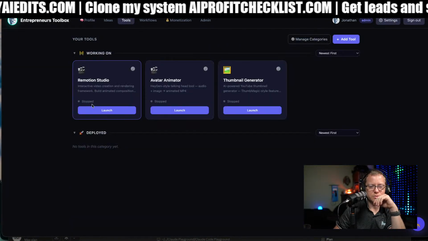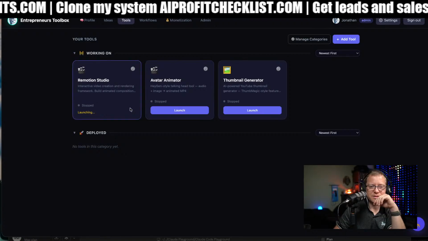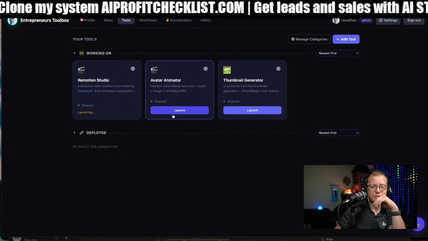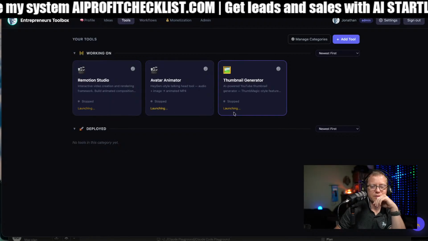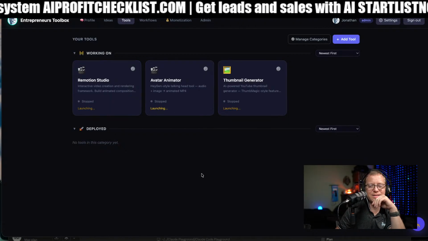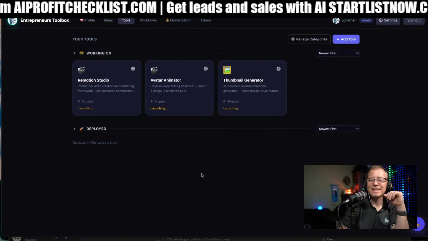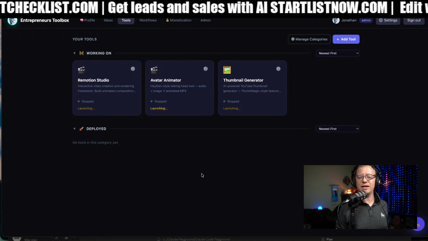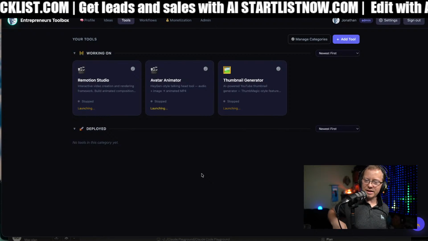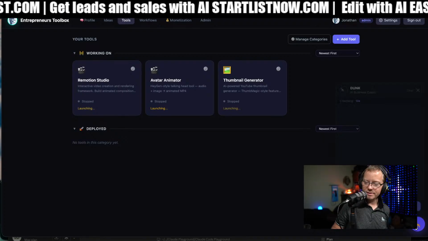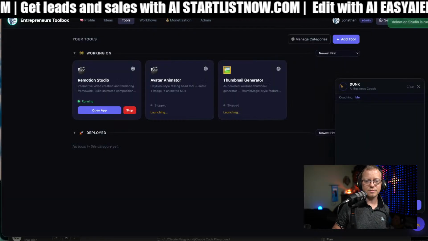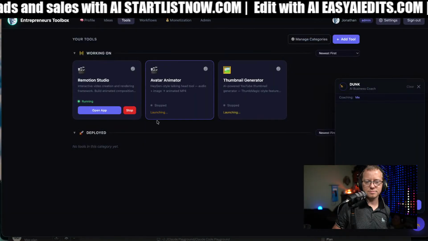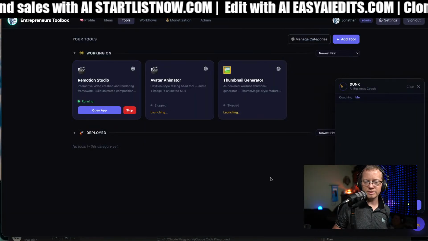So again, here are the tools that I like. Remotion. If I click this, let's see if it'll work. Maybe it won't even work right now. The whole reason, and this is the part that's not working, is bug fix. It said that there were bugs. I think there was a big update that I did, and I like it. I'll deal with that later.